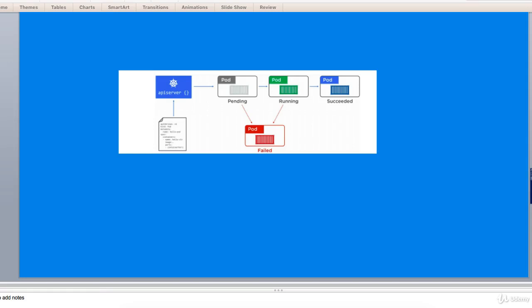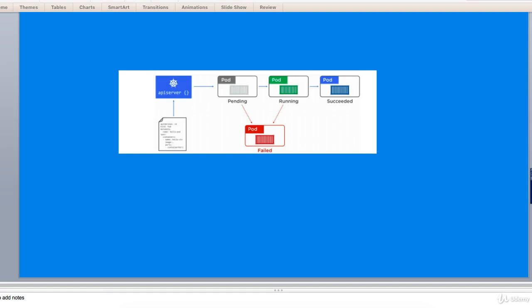Now we will quickly summarize whatever we have studied in a few steps. Number one, pods are the atomic unit of scheduling on Kubernetes. Number two, you can have more than one container in a pod. Single container pods are the simplest, but multi-container pods are ideal for containers that need to be tightly coupled. Maybe they need to share memory or volumes. They are also great for logging and service meshes.